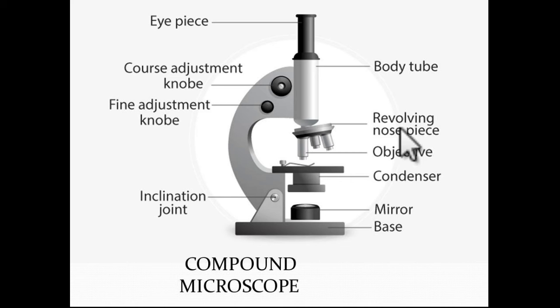Then see nose piece is there, this revolving nose piece you can see, a rotating turret that houses the objective lenses, and these lenses are of different magnification power. The viewer spins the nose piece to select different objective lenses. These objective lenses range in power from 4x to 100x. Then you can see here, this is the slide on which the specimen is kept. Then this is the stage children, the flat platform where the slide is placed. You can see here stage clips are there, metal clips that hold the slide in place.